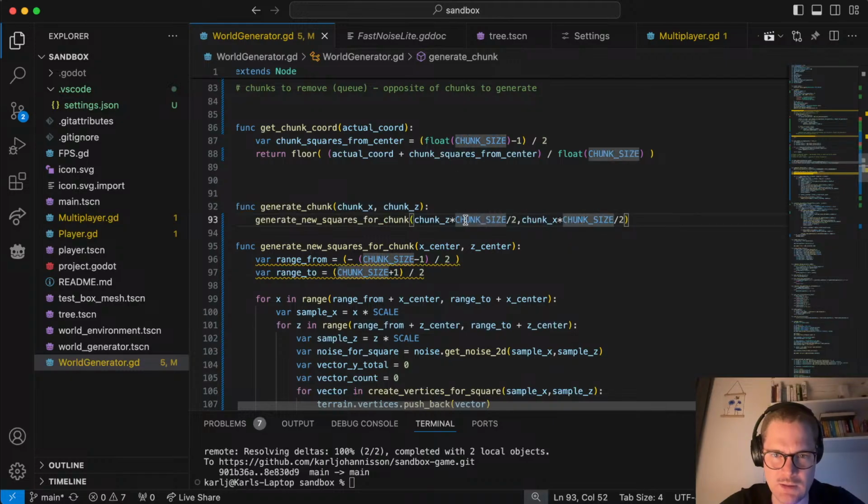Wait. It's an uneven number. I don't think this is where the problem lies, but